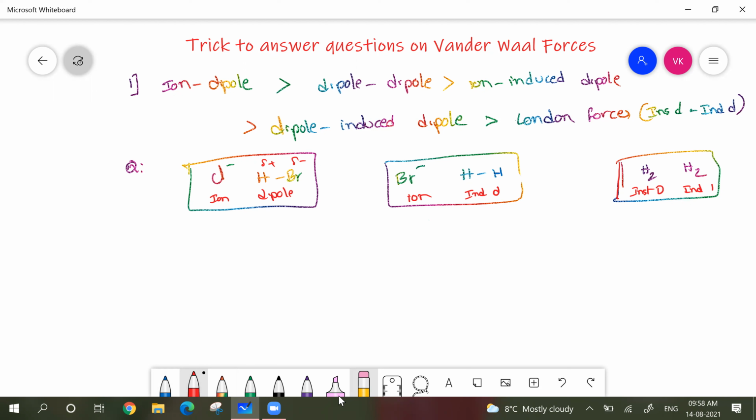These are the interactions that you have to note down first. Now you know what the order will be. Always, ion-dipole interactions are greater, followed by ion-induced dipole, followed by instantaneous dipole-induced dipole, the London forces. So the answer will be very easy; you can give it in this order. They may ask you many questions based on the same concept, and you should be able to answer. Here is one more example.